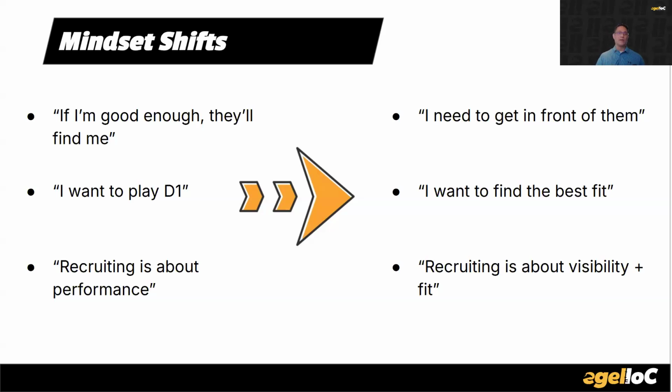And Bart definitely mentioned that the D1 dream is common but often limiting, because success can come with athletes expanding their view to include D2, D3, NAIA, and JUCO options, which is the junior college route, where they might thrive academically, athletically, and personally. And with the whole transfer system, they could do really well in the lower levels and then move up. That's another option. And lastly, the mindset that recruiting is about performance. No, recruiting is about visibility and fit, and a great stat line isn't really enough.